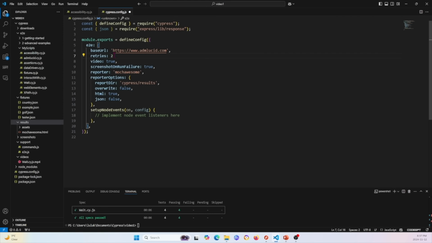And this time, I'm going to set the default retry to 2. Before it was no retries, so this time it'll retry twice before actually saying it failed. So let me run something that I think will fail. So for example, this accessibility test right here, and I'm actually going to pass